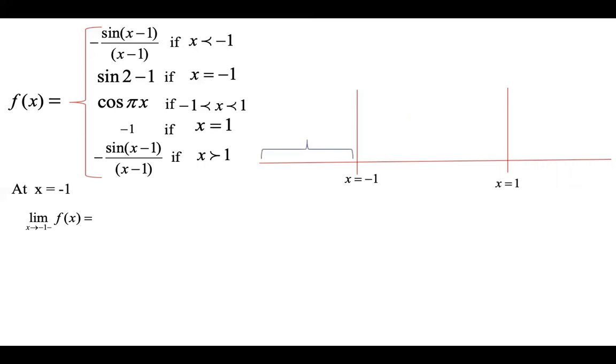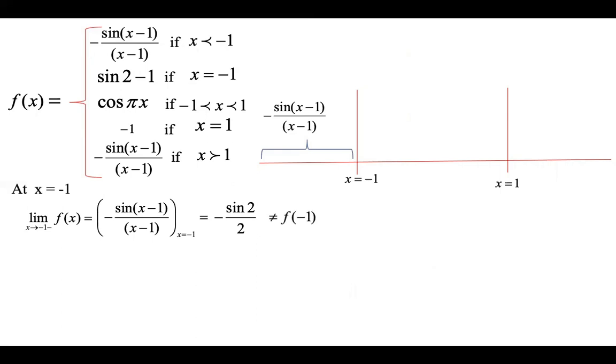In the left side of -1, function is given by minus of sin of x minus 1 by x minus 1. When we evaluate that at x is equal to -1, its value is minus sin 2 by 2. Means the left limit of f of x at x is equal to -1 is minus sin 2 by 2,